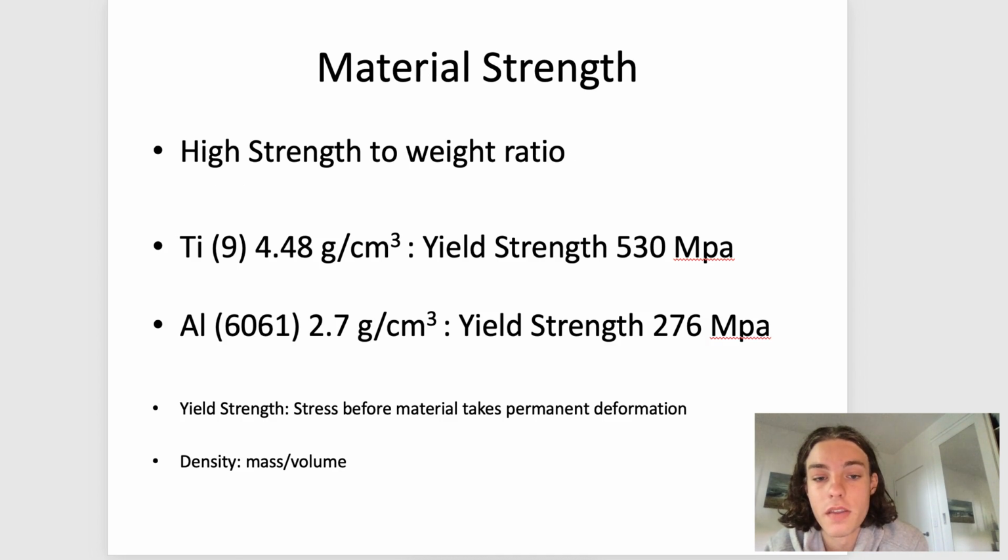Now, the material strength and density section focuses on the yield strength and the density, being the weight, and the strength being the yield strength. So the difference between these two is that titanium has a yield strength of 530 megapascals and aluminium has 276. Now, the yield strength is the amount of stress that the material can take before permanent deformation, and